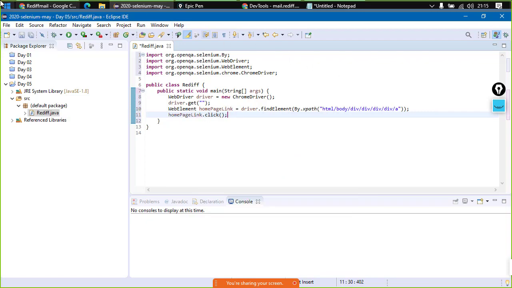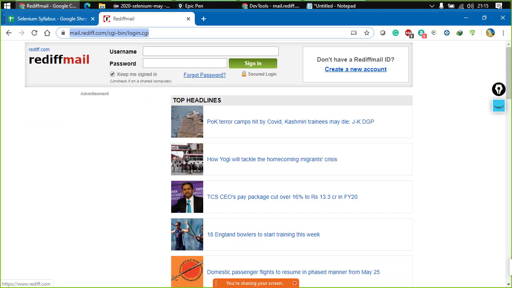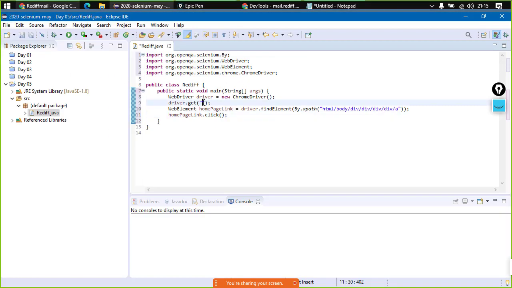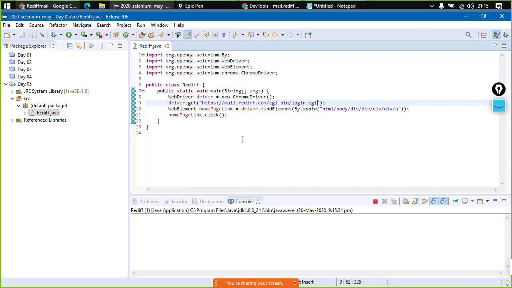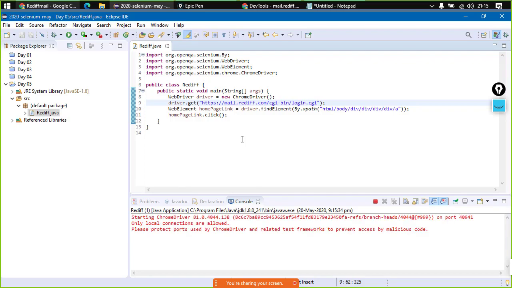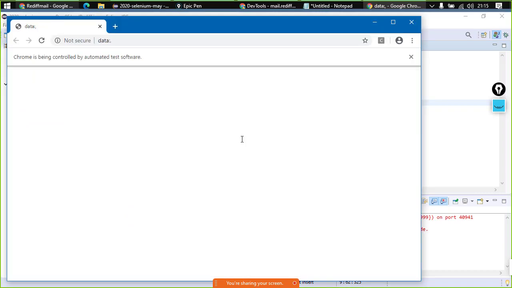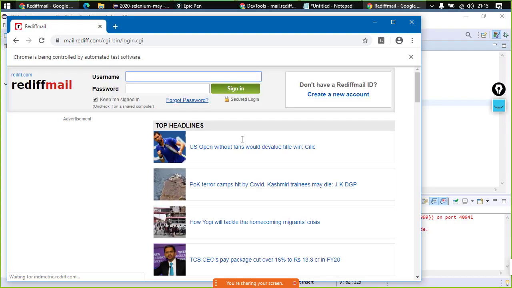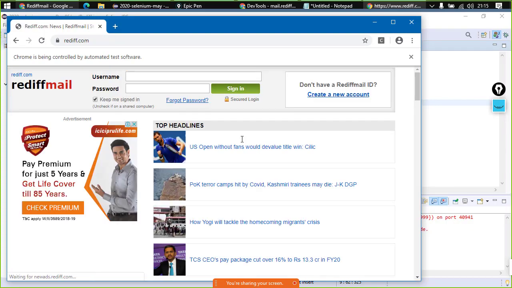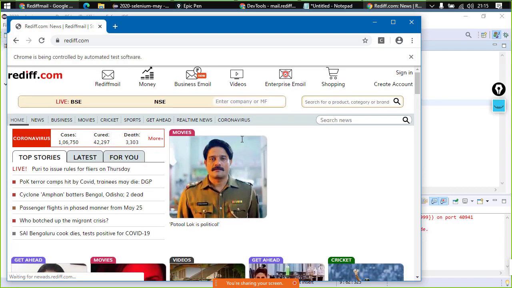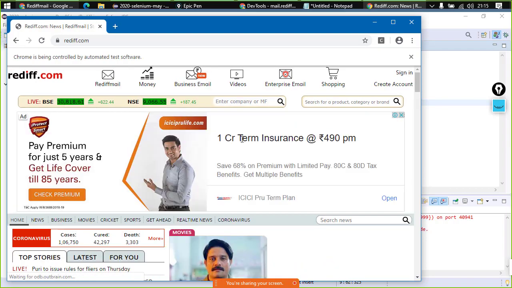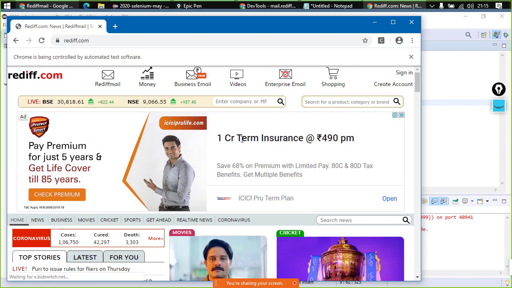Now let us go back and use this URL, because if we don't provide it, we won't be able to work with it. Control F11, and as you can see the code is executing. It will take a little bit of time, but once done, we will see that it has clicked on the home page. Right now we are taken to the login page, and once done clicking, we will be taken to the home page, and this has been done here. This is what we were expecting.